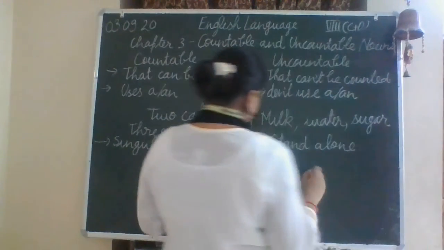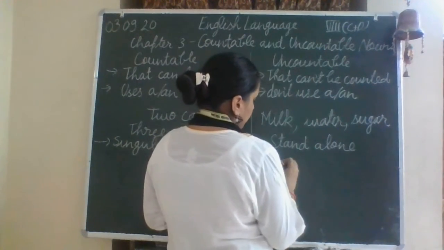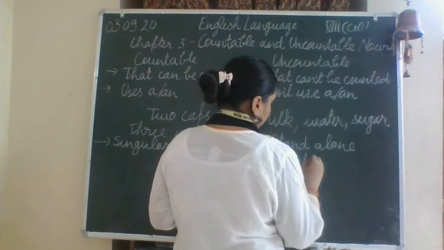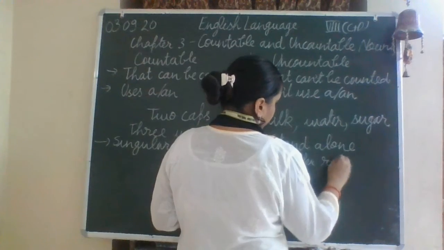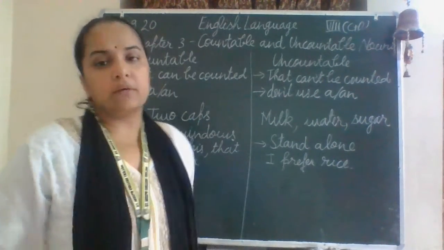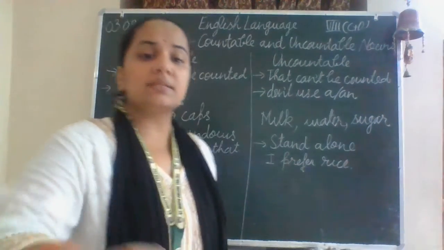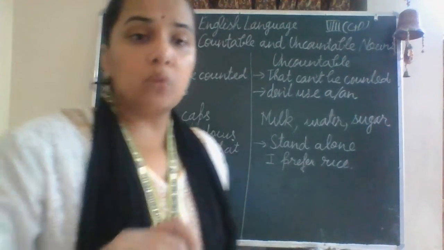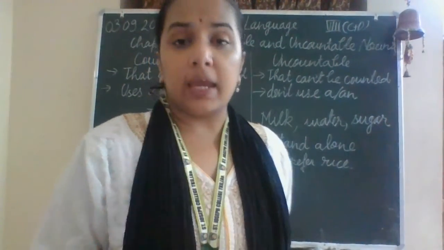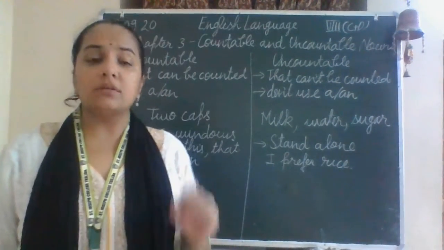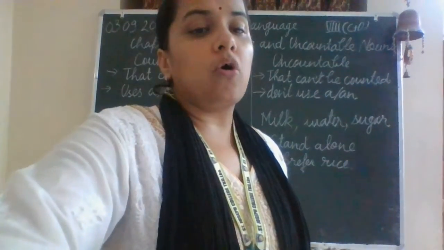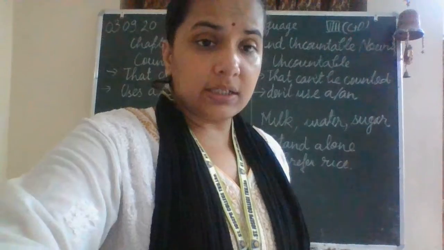For example, I prefer rice. So you can write these things directly without any indication, and we do not use a or an because we cannot tell you the number of such things. That is why